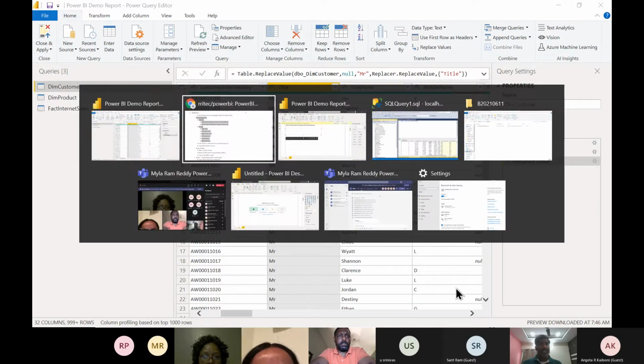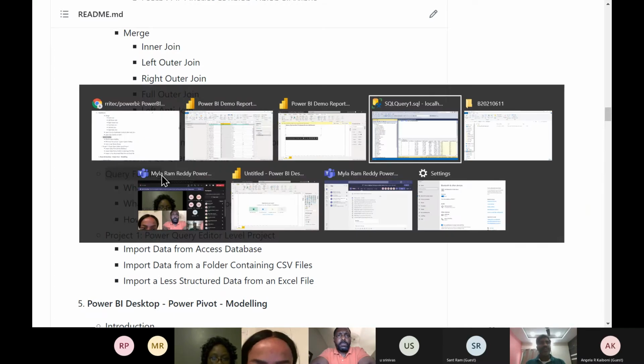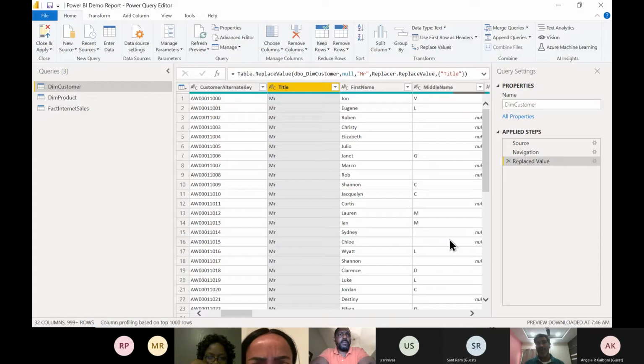Now, you understand joins. Next, we have something known as query folding. Whatever you do here, at the end of the day, data needs to come from where? From the database, right? What language does the database know? Your mother tongue English or my mother tongue Telugu? M language or Power BI language? It is SQL language. So what will happen is, if you go and right click